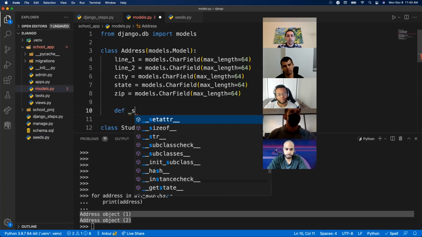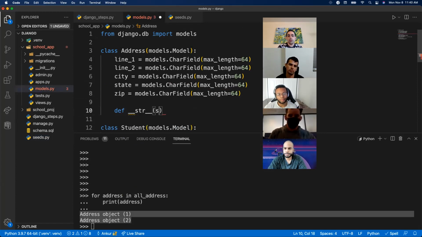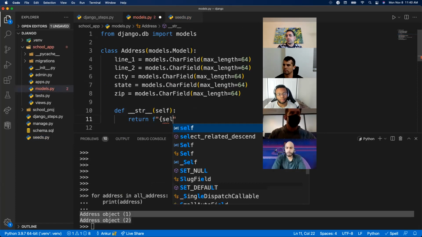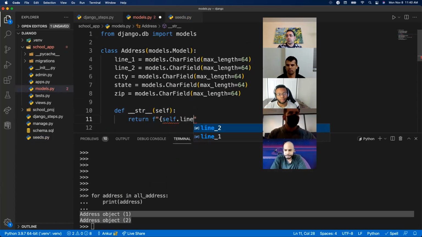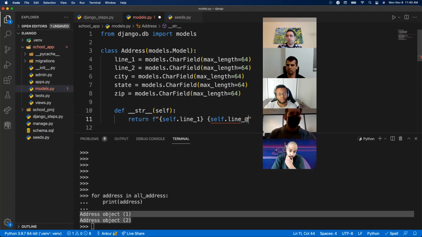So def str. Again, this should look familiar, hopefully. Creating an instance method, takes in self. And then we want to return some string representation of this. So we're going to format the string. We'll do self dot line 1, self dot line 2, and maybe do something like